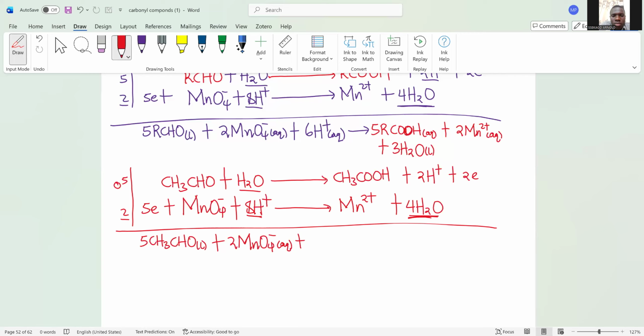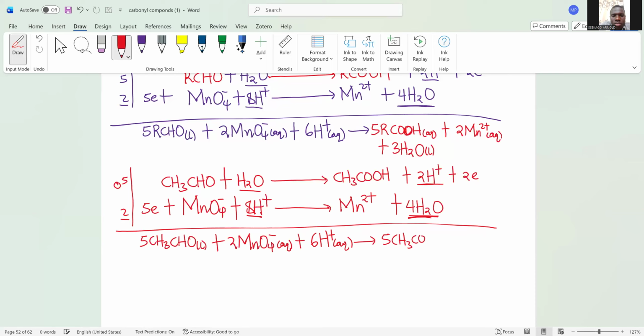Then up, for the first equation, I have 10 hydrogens. For the second equation, I have 16 hydrogens. So the too much hydrogen is on the left. So I have 16. So this 10 will have to come on the left so that I have 16 minus 10. So there are 6 hydrogen ions, giving me 5